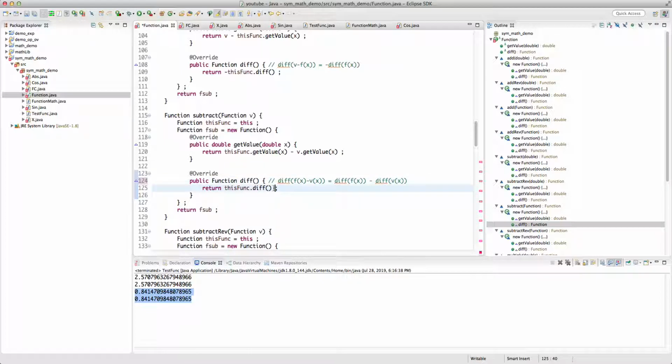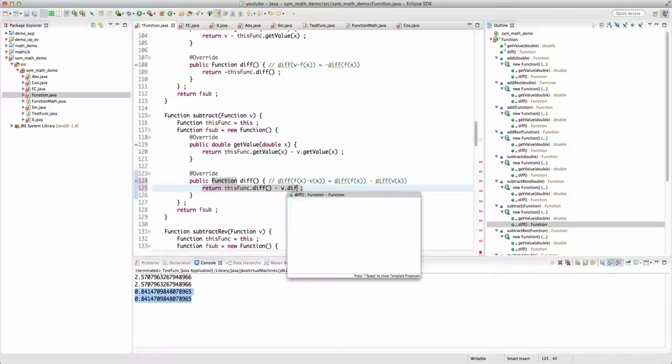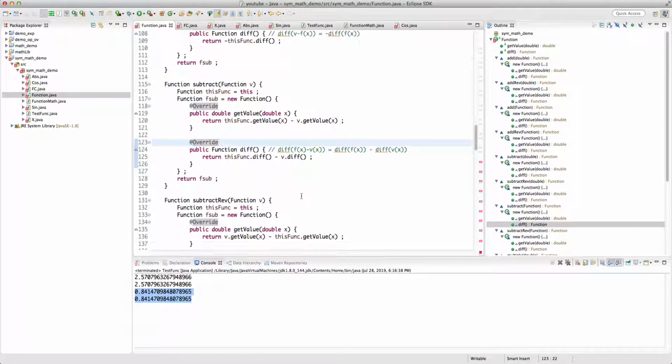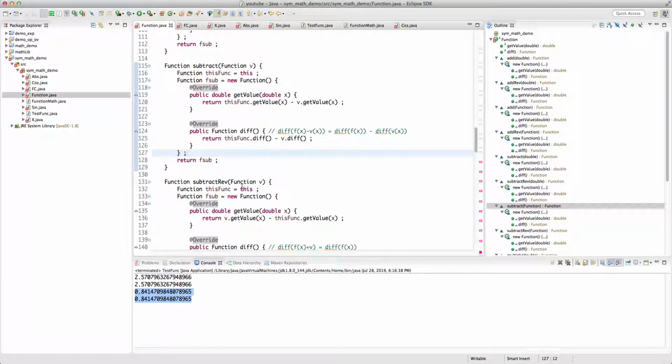Okay, so this minus v dot diff of is, and these are functions, but then the subtraction between two functions is already defined. Yeah, actually we should probably test this, whether or not this works. But